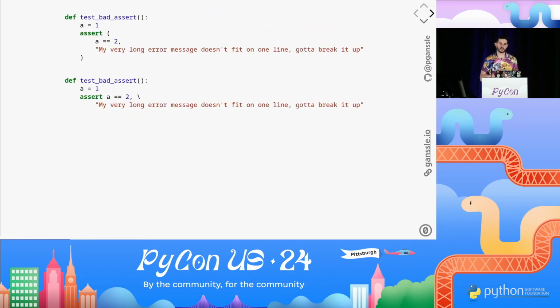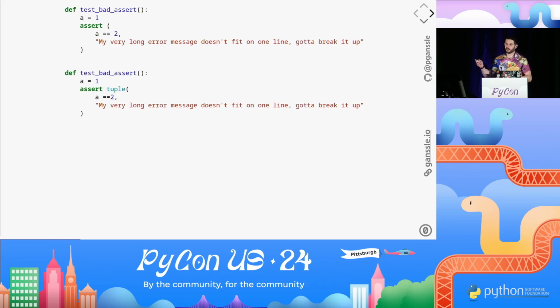The last problem with assert statements, and this is actually a problem with assert in general, not just in testing, is that it's subject to this particularly nasty and easy to overlook bug. So if you're looking at these two code blocks, you might expect them to be equivalent, right? The first one is breaking up the two arguments to assert with parentheses so they can go across multiple lines. And the second one uses a line continuation. So you'd think, oh, these are the same, right? But no, the first block is actually equivalent to this second block,